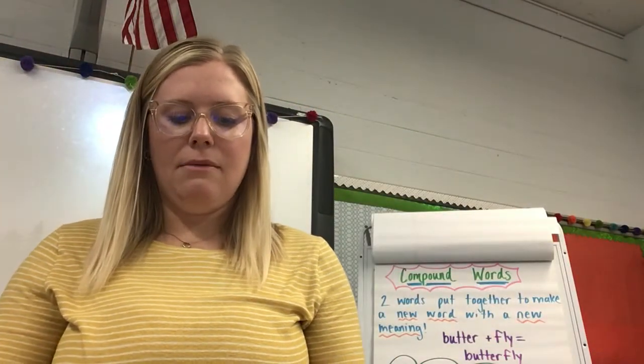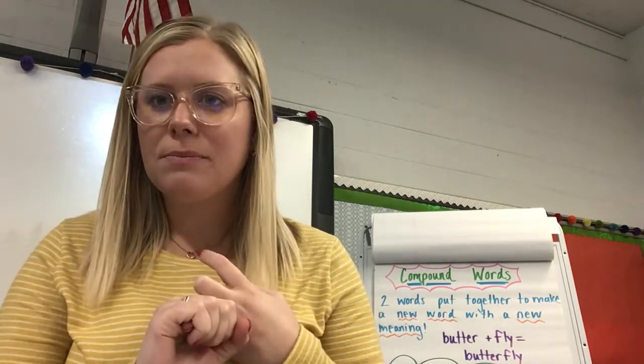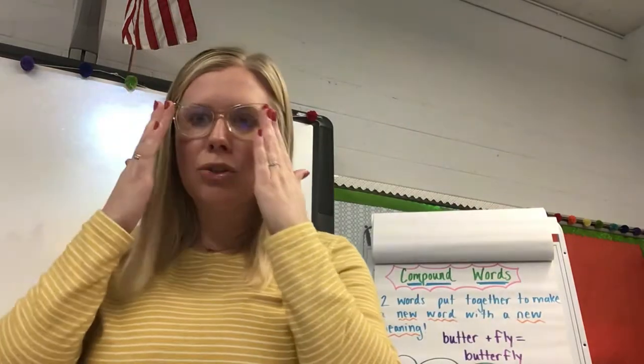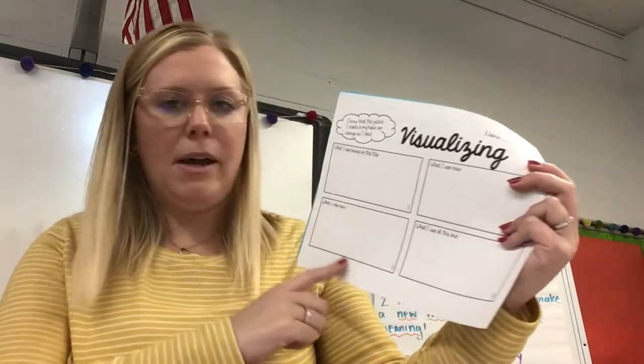Okay. Finally, he reached the capital city. Well, based on what we read, we know the capital city is where the royal palace is. It's where he thinks his treasure is. So in the third box, I want you to draw what you visualize when you make a picture in your mind, the capital city. So I will reread that little bit and you draw a picture. Finally, he reached the capital city. You can pause the video if you need to have extra time to draw what you picture about the capital city in the third box here.